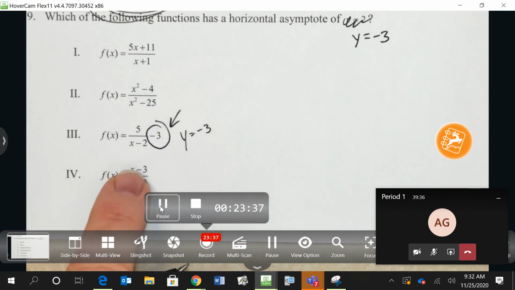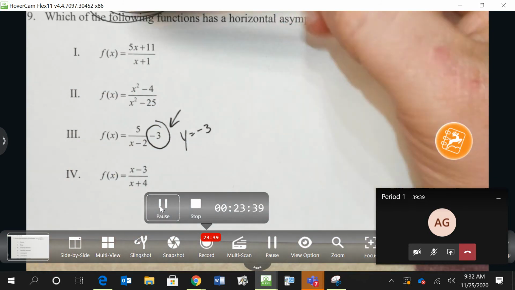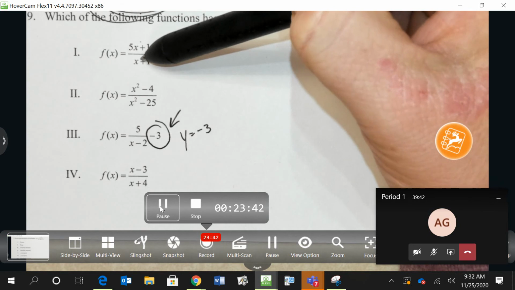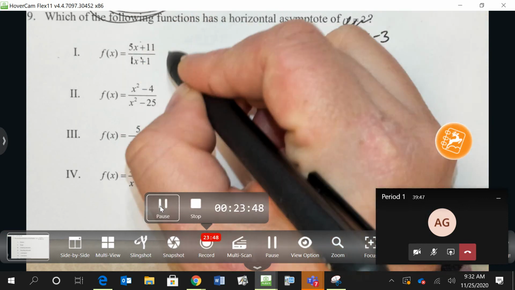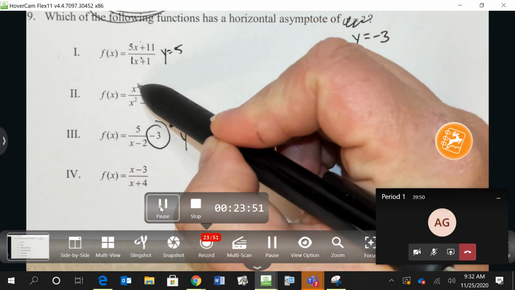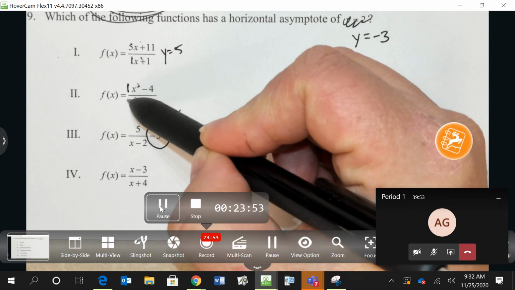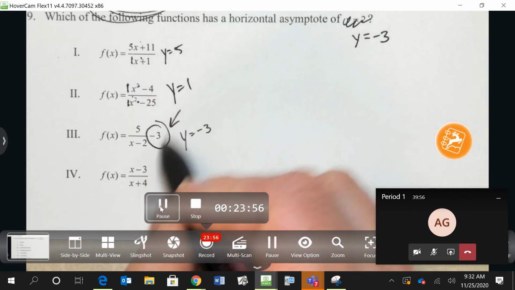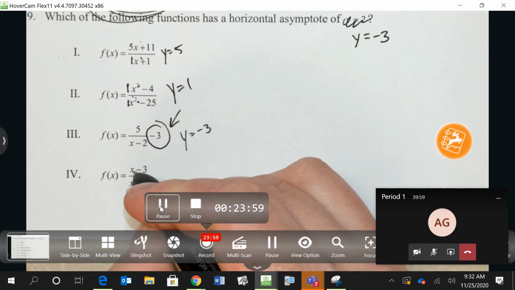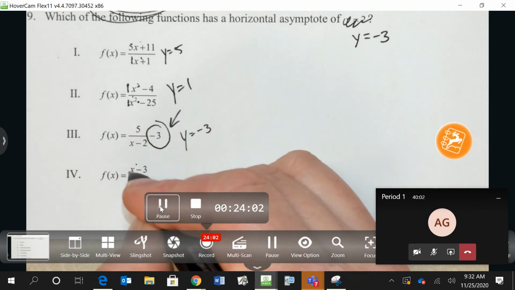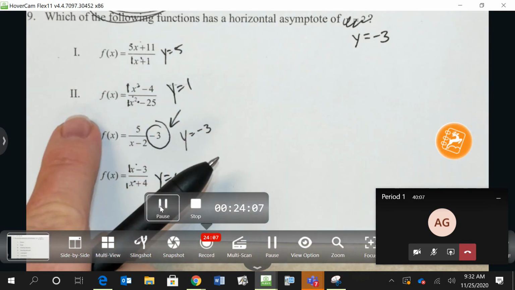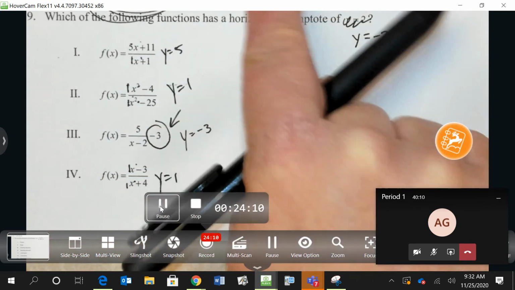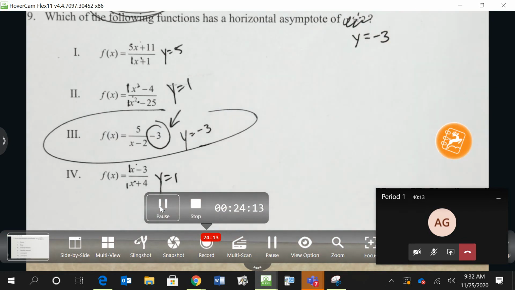In this form, how can we identify the horizontal asymptote? Well, when the degree on top is the same as the degree on the bottom, like we have in option Roman numeral 1, you take the coefficients and divide them. 5 divided by 5 is 1. Here, the degrees are the same, so you divide the coefficients, 1 divided by 1. That's not the same form. Let's go down here. I have the form similar to 1 and 2. When the degrees are the same, 1 divided by 1 is 1. So this would be a horizontal asymptote of 1, and then of negative 3. So if I change that for the next class, then the correct response would be